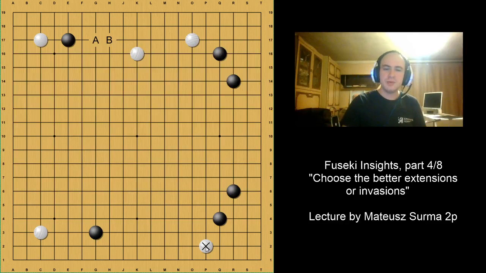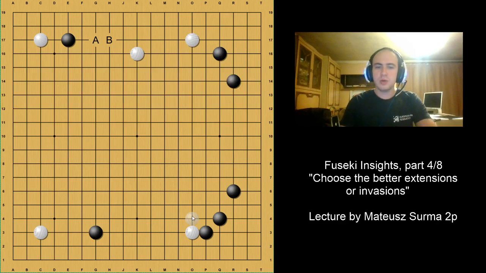But here we've got also a little bit different story. Let's say, in case white will play like this, what black will do? Black would like maybe to kick, and now white will extend, and now black can play something like this to attack these two white stones. But it's normal, no? It looks very normal, like there is this fight, so white is able later to escape